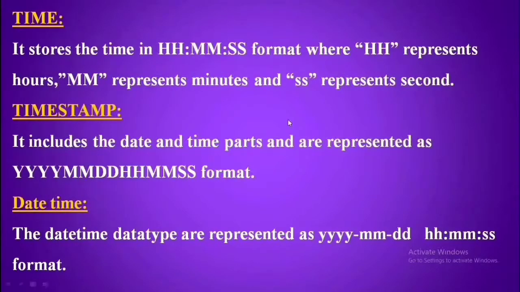Timestamp means combining both date and time. Years, month, date are the date data type, and hours, minutes, seconds are the time data type. And next, datetime. The datetime data type is represented as years, month, date and hours, minutes, seconds format.